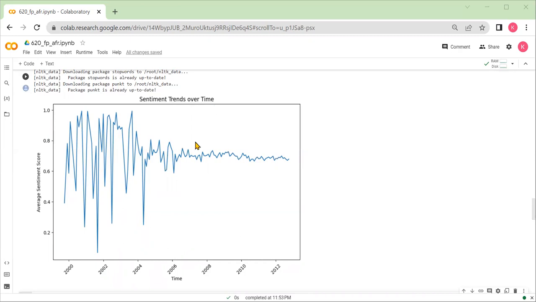The x-axis of the chart represents time, starting before 2000 in the dataset to 2012, and the y-axis represents average sentiment score, ranging from -1, which is negative sentiment, to +1, which is positive sentiment. By examining the sentiment trends over time, we can gain valuable insights into the changing perceptions and opinions of customers